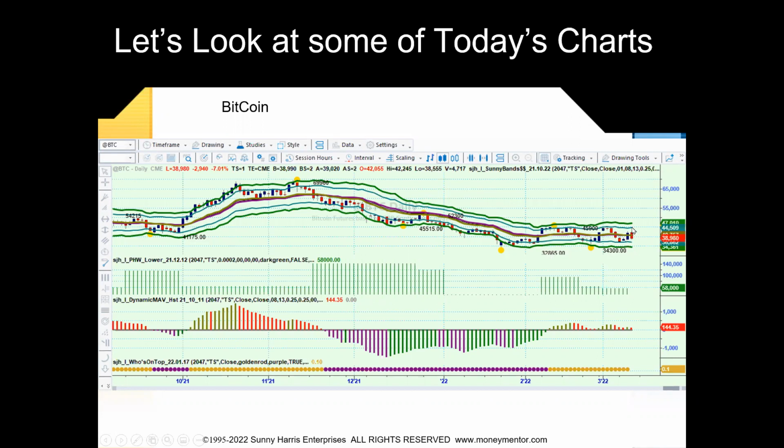Tells me it's going to go up at least to 44,500, which is this inner upper band, how do I say it? Upper inner band. So it could go up to that upper inner band, which is about 44,500. We're down at 38,980 at that point. Oh, and I've got my yellow PHW dots on there. You can see the perfect turning points.